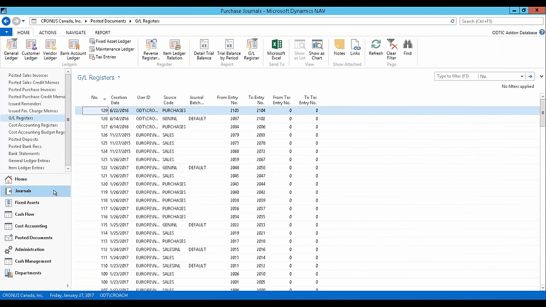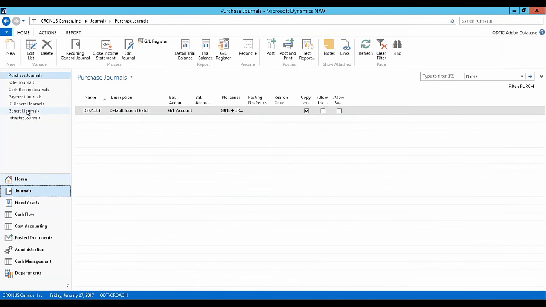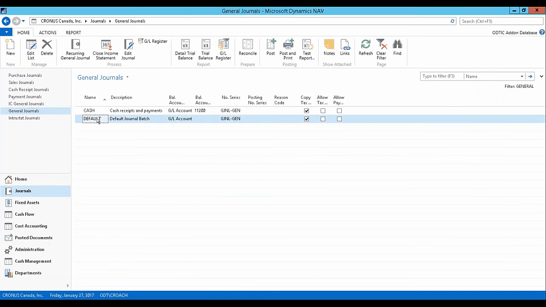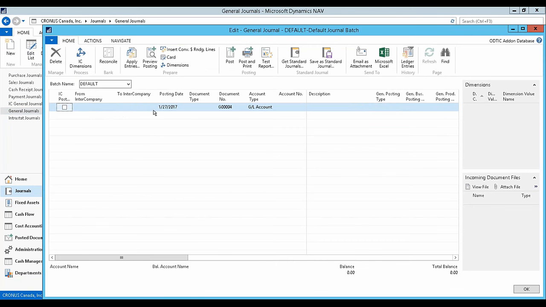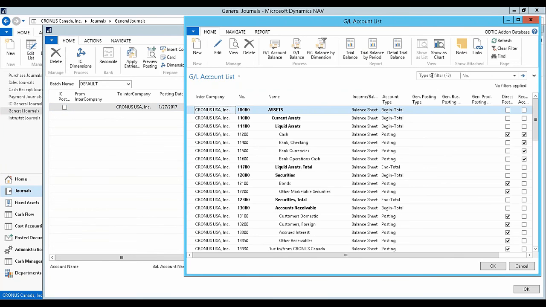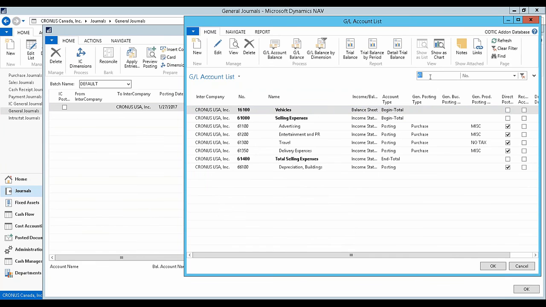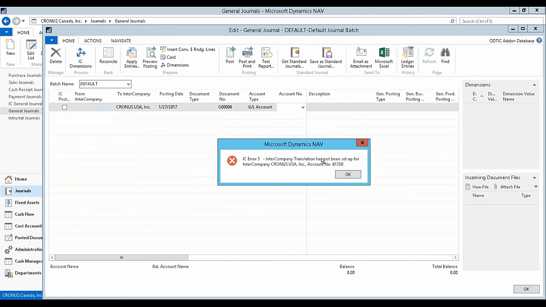What I can do as well is just show you the general journal. So if I go into a general journal as an example, I'll go into my default batch. But here's where I can simply create a general journal entry and then add a to company. So if I pick my USA, then when I'm looking in my GL account, perhaps I want to use my 61, and I'm going to pick up perhaps delivery expenses. Well, if I try to use my delivery expenses, I get an error because it's not within my allowed range